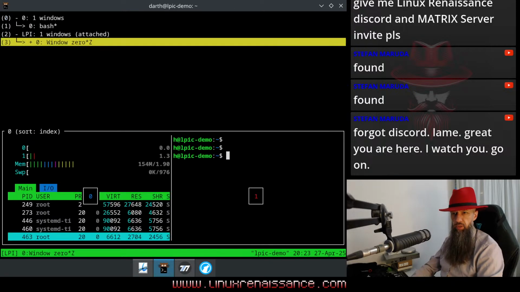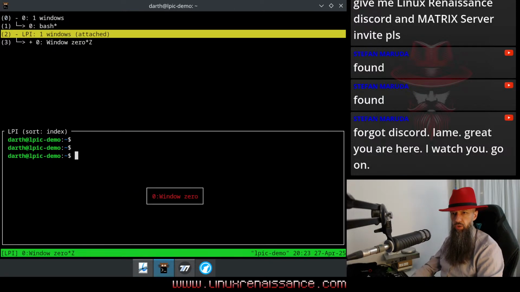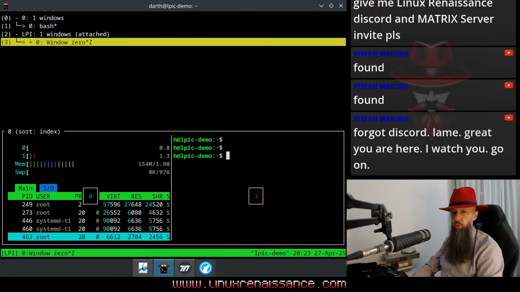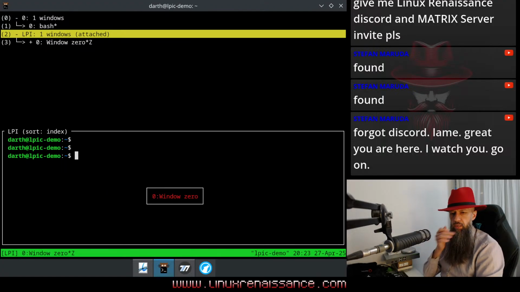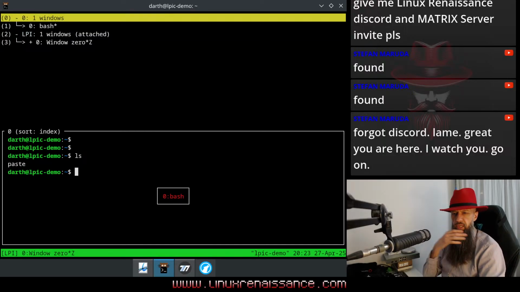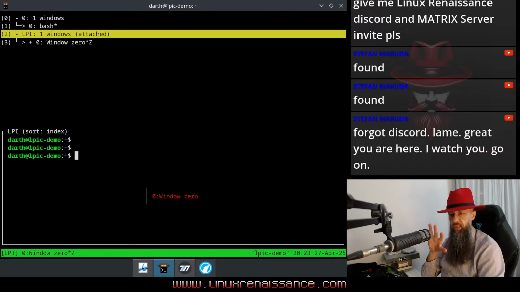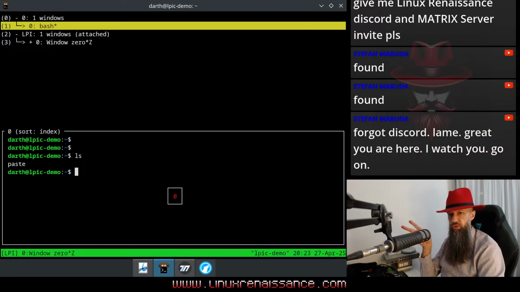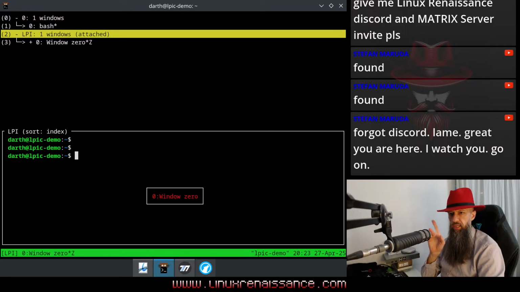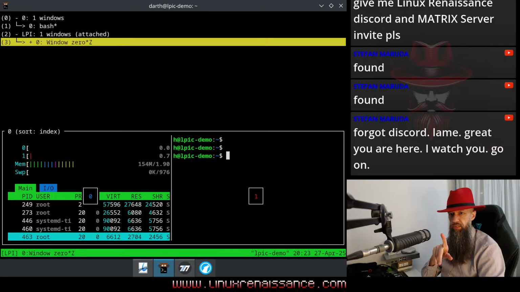Control B W. So where is this one? I'm kind of lost. So I know what the 0 is. This is the first tmux. This is the second tmux. The first tmux contains just the 0 window with bash running. The second one contains